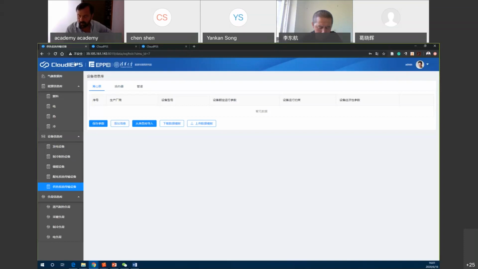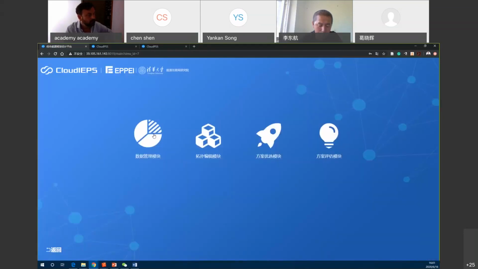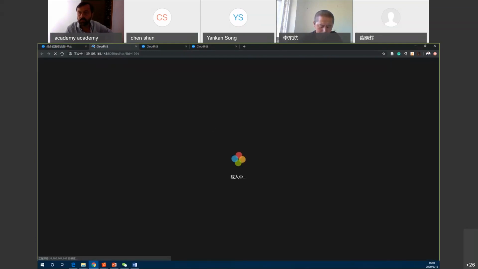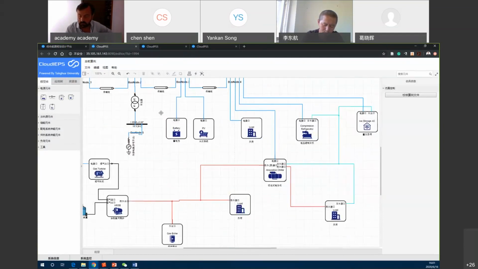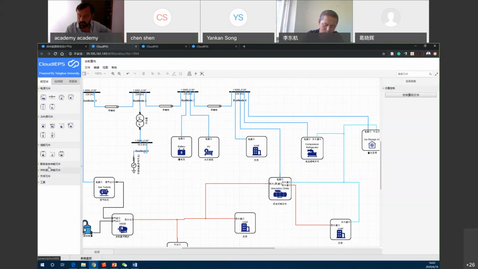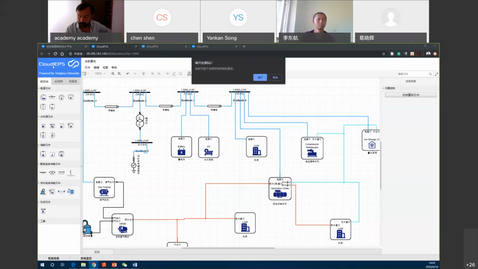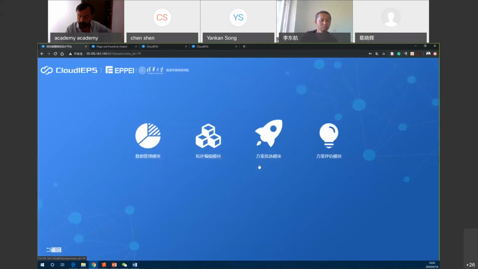So after we load all the data, all this data will be distributed to the other function blocks, and then we enter into the second block. The second block is the topology editor module. It is used to build, edit, and display system topology, which is the model of the entire IES system. And we provide over 30 devices to build the IES system. So before we run this optimization, a preliminary scheme should be designed in this editor, and then we can get back to the